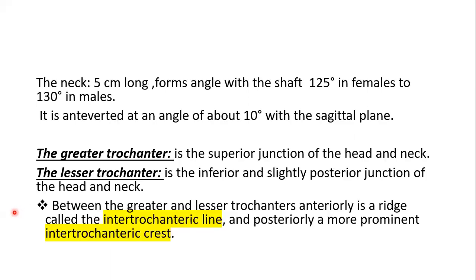is attached. The neck, 5 cm long, forms an angle with the shaft of 125° in females to 130° in males. It's anteverted at an angle of about 10° in adults with the sagittal plane. The greater trochanter is the superior junction of the head and neck. The lesser trochanter is the inferior and slightly posterior junction of the head and neck. Between the greater and lesser trochanters anteriorly is a ridge called the intertrochanteric line, and posteriorly a more prominent intertrochanteric